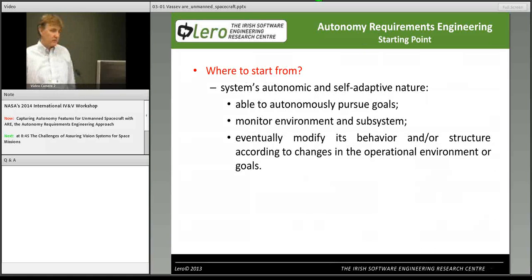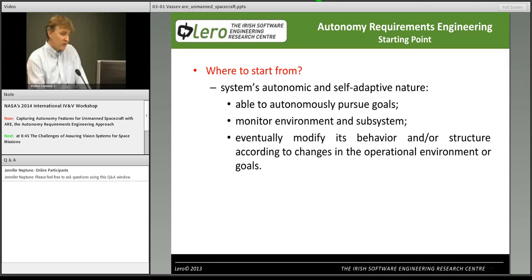So the first question was where to start from. When we started this project, we knew the nature of the self-adaptive systems. Actually, the autonomic systems are self-adaptive systems, where basically we observe these things. Any self-adaptive system is able to autonomously pursue goals. It's able also to monitor environment and subsystems, part of the system, and eventually modify its behavior, and why not structure, internal structure, according to the changes in the operational environment and goals. So that was the starting point in our research,